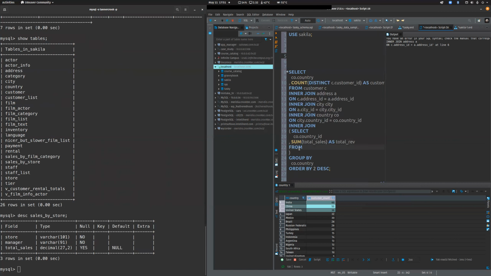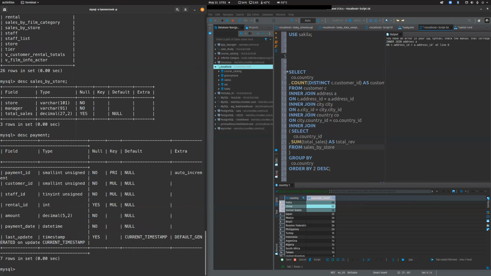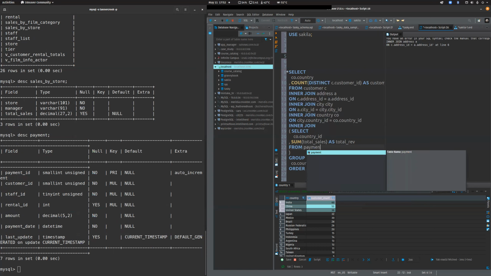And where are we getting that from? Well, we just saw the first one. And there's a couple ways we can do this. We can go backwards, or we can go frontwards, or we can kind of start wherever. I'm going to work this one a little backwards. So I'm going to start with sales by store. And that's actually a view, which is interesting. Where's the actual payment? We'll just use the view. That's fine. Actually, yeah, let's just use the view. Now let's do it the right way. Let's do it the right way. So we're going to say from payment p,